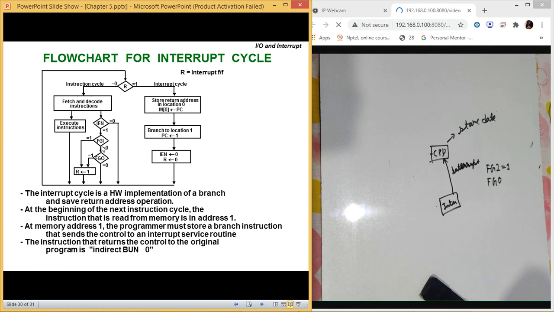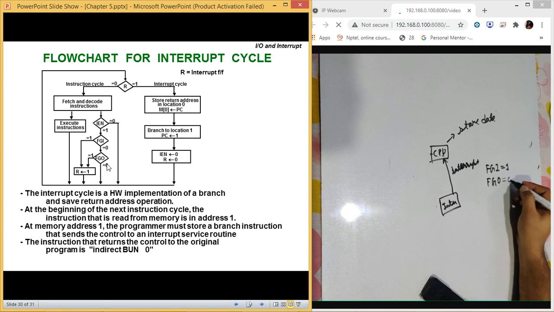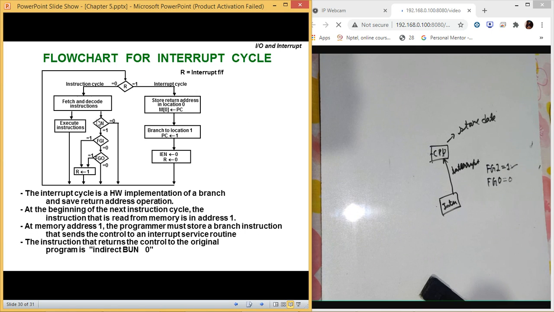Now let us discuss this. If this is 0, after that FGO. If FGO is 1, it means my output register is empty. Then again it will move to the interrupt, put the data, execute that instruction and return back at this place. So simply remember this: when FGO becomes 1, then your CPU has to move to the interrupt cycle.